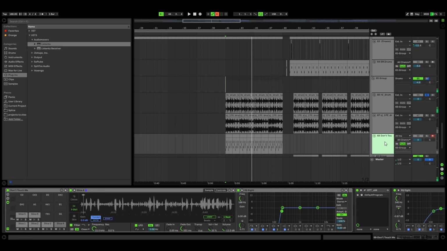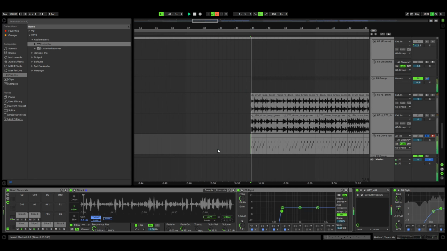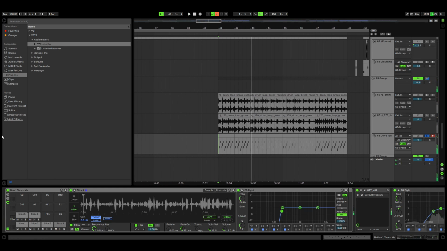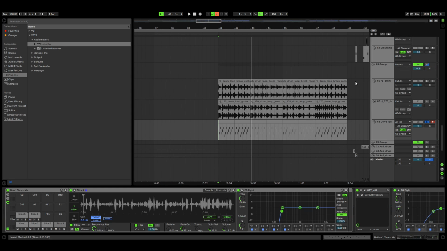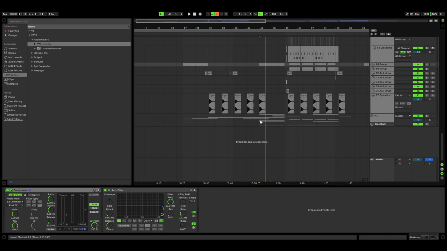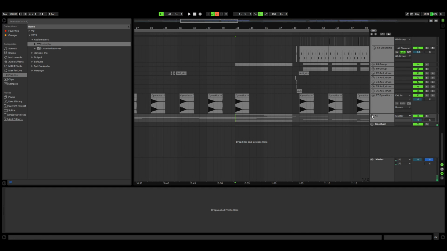And then I took the beatboxing from the "Don't Touch Me" meme, and I chopped it up into this. It's just a subtle background thing. Don't really notice it, but it adds a little more texture. Let's see, build up, pretty standard. Risers, noise, stuff like that.